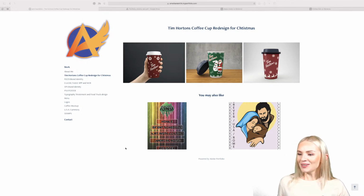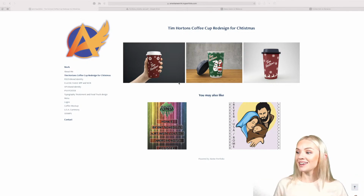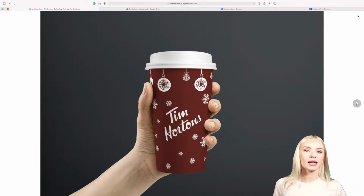Okay, cool. So let's take a look at Tim Hortons coffee cup redesign for Christmas. We have some mock-ups here. I think you can totally dive into this project and show us the mock-ups a little bit larger. So right now it's a little hard to see them. Let me see if I can zoom in here. Okay, I can actually zoom in and scroll through,